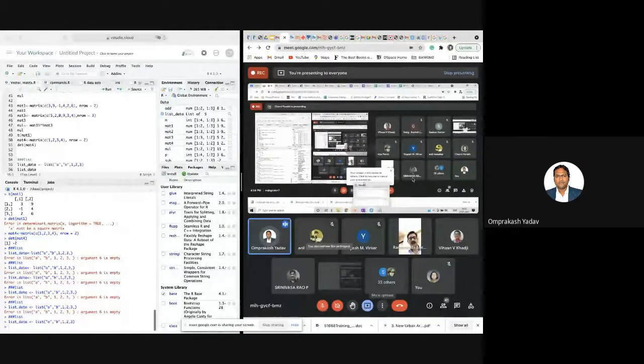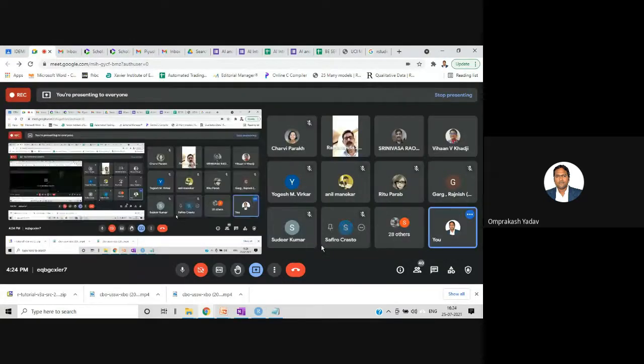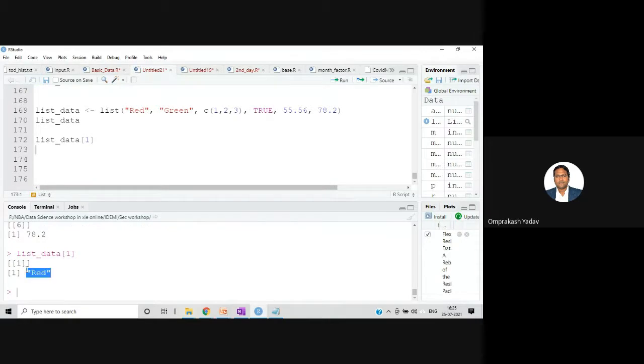So I'll again have to share my screen. Just wait. So my screen is visible to all of you, right? Okay. So I have created this list. It's a mix of all the data types. And now I want to access the element. Let's say I want to access this first element, red. So I will mention again in a similar way the list data, whatever my variable name is where I've stored it, with the square bracket, I'll say 1. So it is going to give me the first element. I'll execute this, and I got the first element.